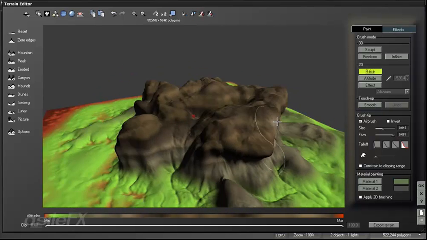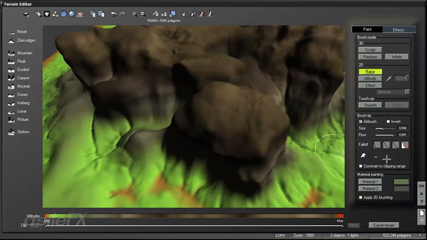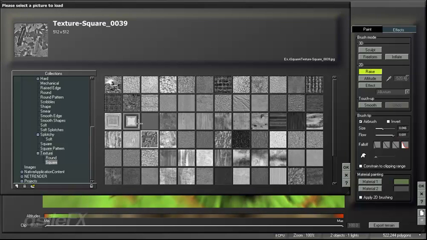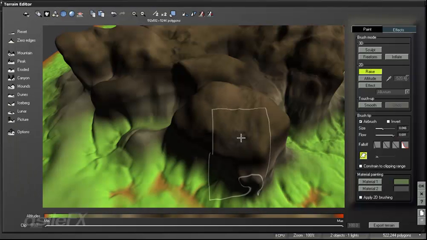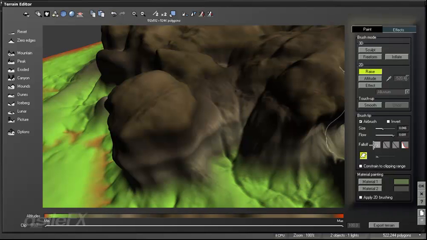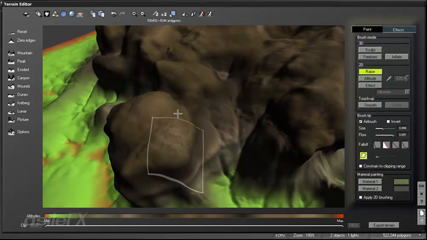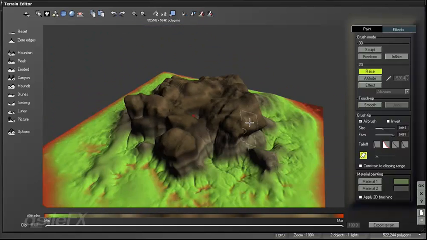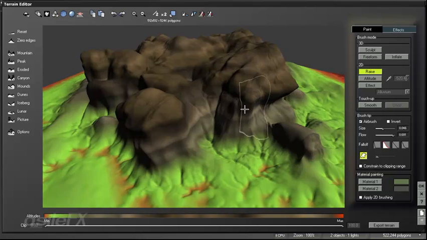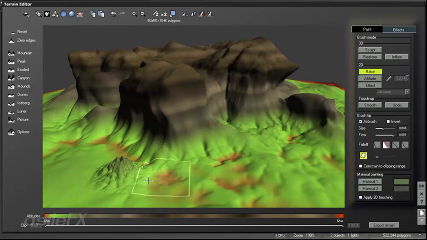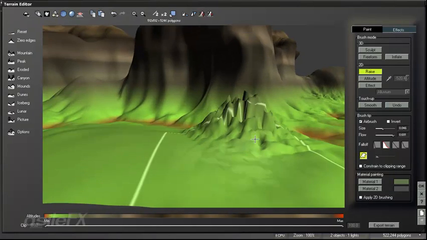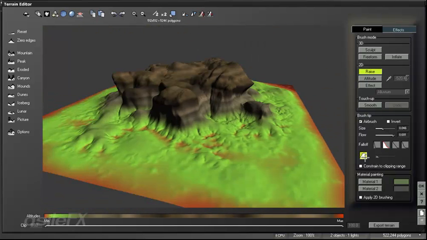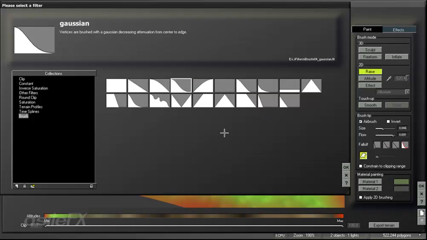And going back to the texture brushes, what I'm going to do is load in a square texture, something that will have some obvious edges. Now, depending on the filter you're using, those square edges might show up. And the higher the resolution is on the terrain, the more likely you're going to see those square shapes and those outer edges showing. So one thing you can do is I've created a filter that you can load in,